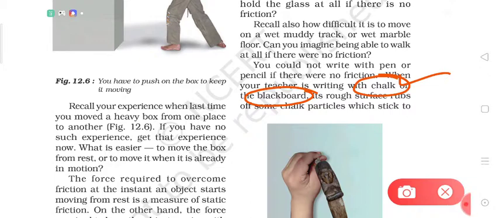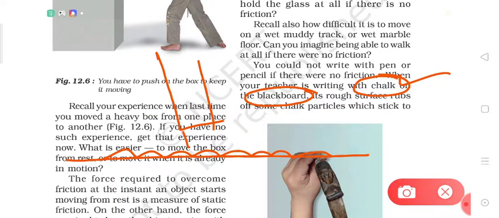So friction between the chalk and the blackboard helps a teacher write properly. Suppose this is the surface of the blackboard. The surface is always rough. Okay, and this is the chalk. So when the surface of the chalk and the surface of the board rub against each